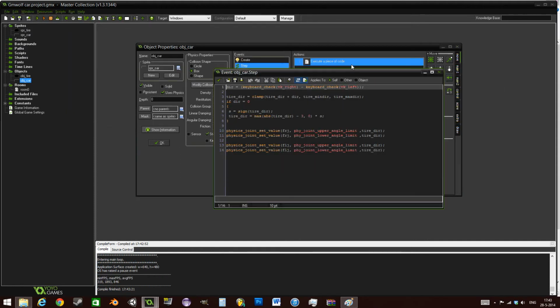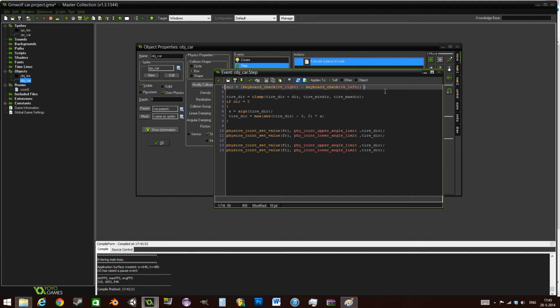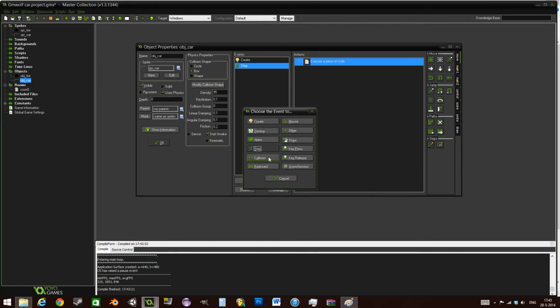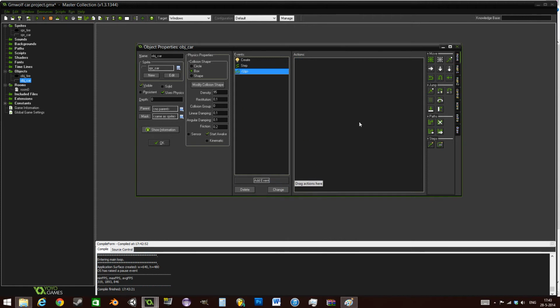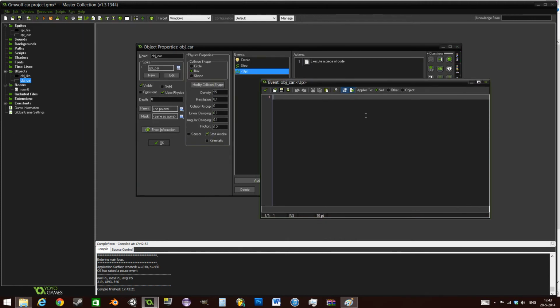Go into the step event, and instead of having just keyboard check VK right and VK left, at the very end we're going to times it by 3. So that should solve that problem. Now we actually want it to move forward and backwards, and to do that we will add a new event, add event, keyboard up, and what we will program in here is that